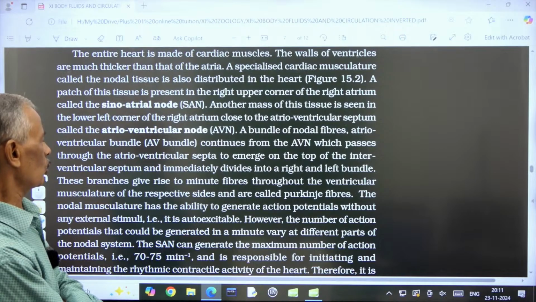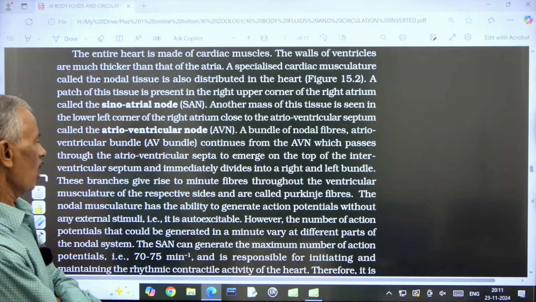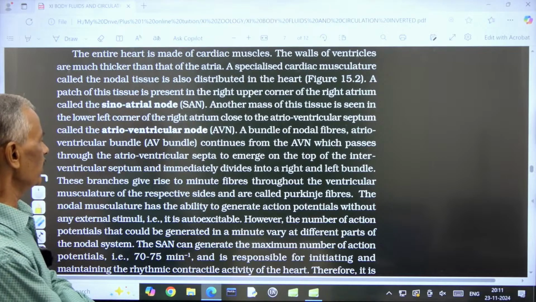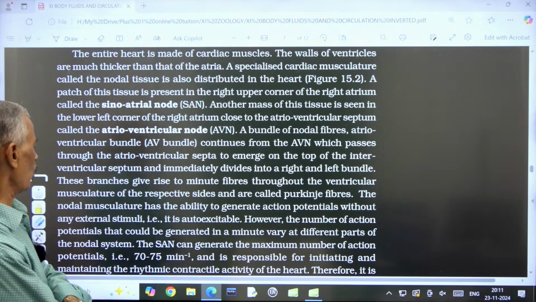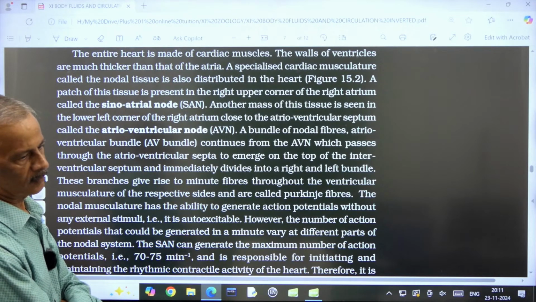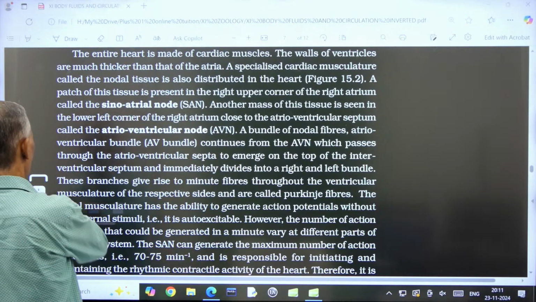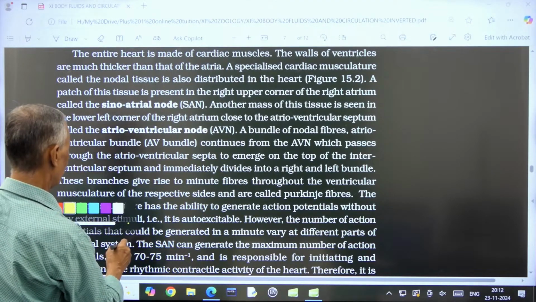That is auto-excitable. However, the number of action potentials that could be generated in a minute varies at different parts of the nodal system. Underline that part. It varies at different parts. How does it vary? See,